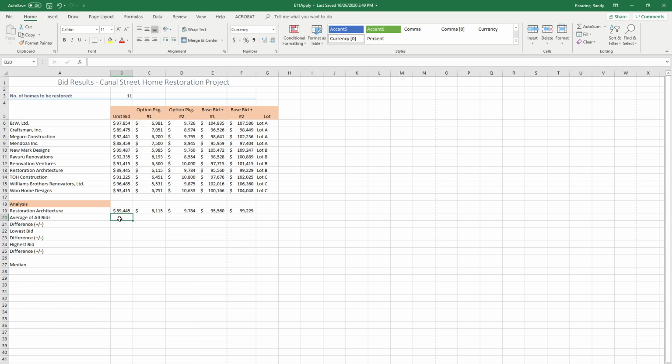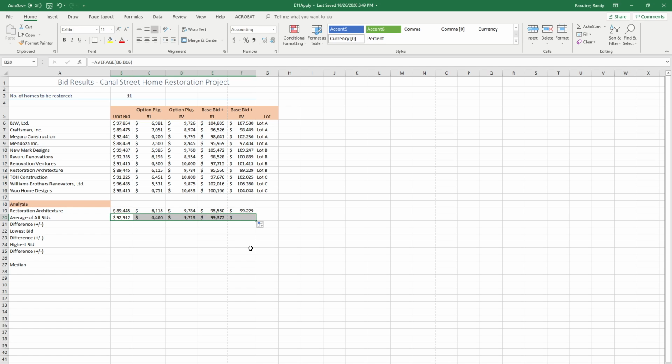So B20 is right here, and type equals AV, and that brings up a shortcut menu. We're going to click on average, press the tab button, and then we're going to drag over the range B6 to B16 to enter it in the formula and finish it. So highlight from B6 to B16 and hit enter. So when you click back in that cell, you'll see your formula is average of B6 to B16, and then fill that across